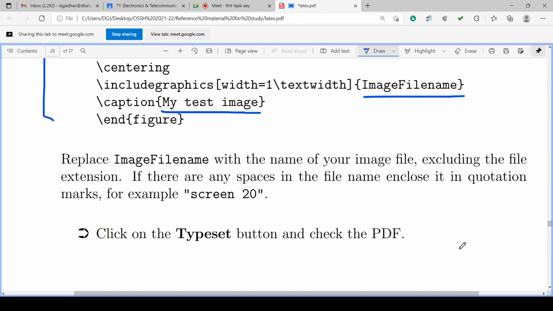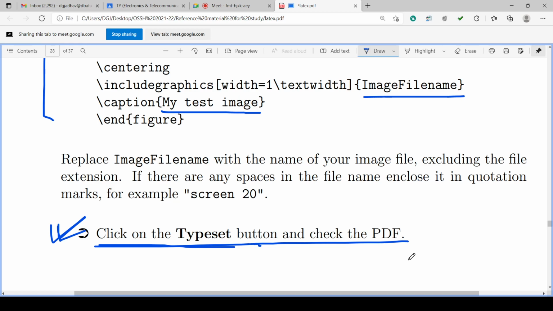And action, what is action then? This arrow indicates what to do. What is the action? Okay. So action is click on typeset, click on the typeset button and check the PDF. Okay. What we are doing, we are clicking on the typeset button. It will compile the program and it will generate the document in the PDF form and save it in the same folder as that of the TeX file.